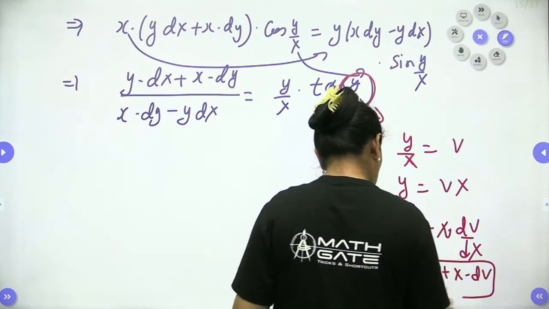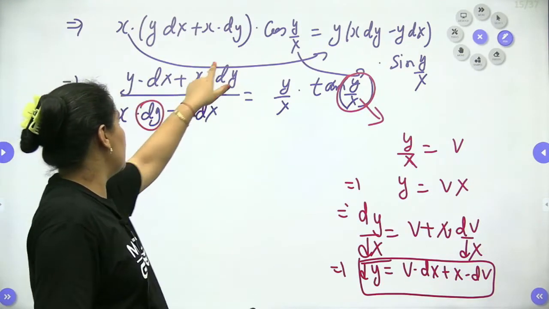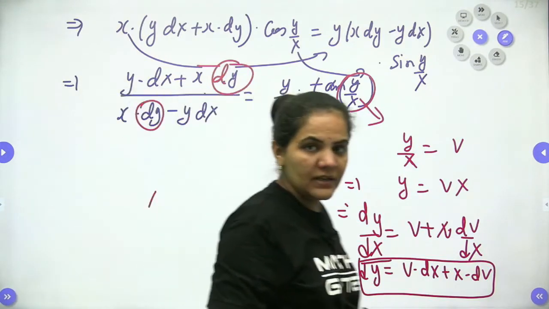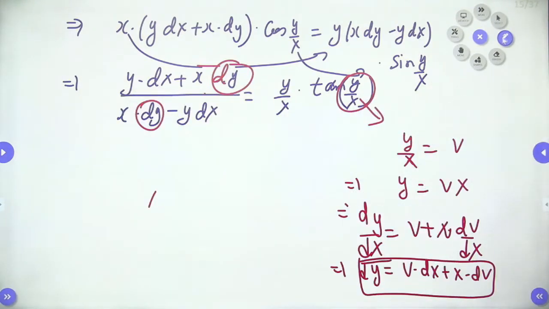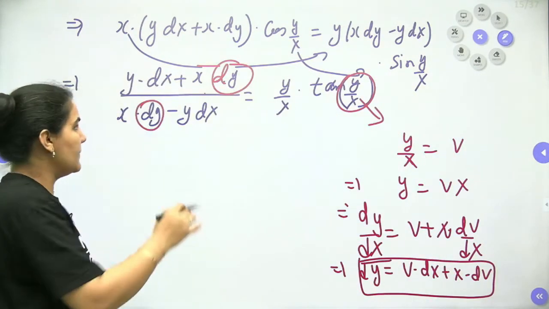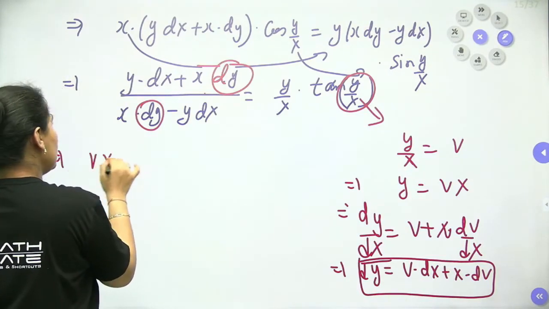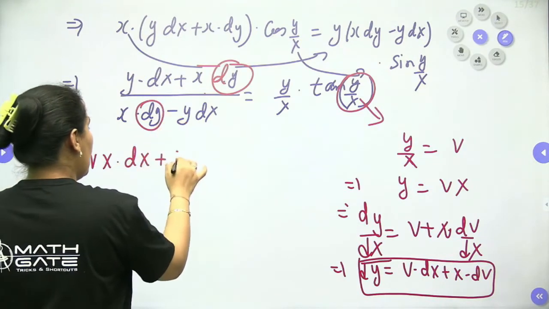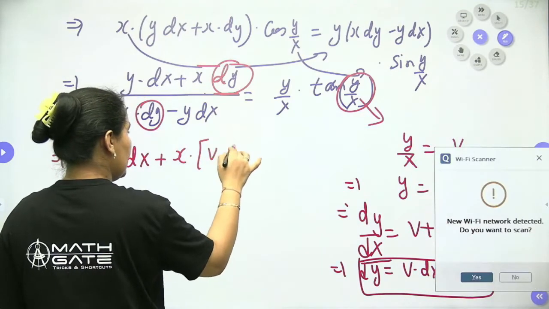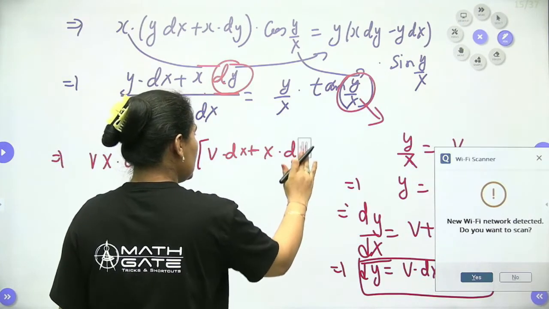So we already cancel out the dx on both sides, right? Wherever we have dy we can put the value of dy only, so it will be easy for us to approach the question, guys. Now let's approach it. What will it become? y will be vx only, so in the place of y we will put vx, dx will be dx only, x will be x only, and for dy we will put v into dx plus x into dv.